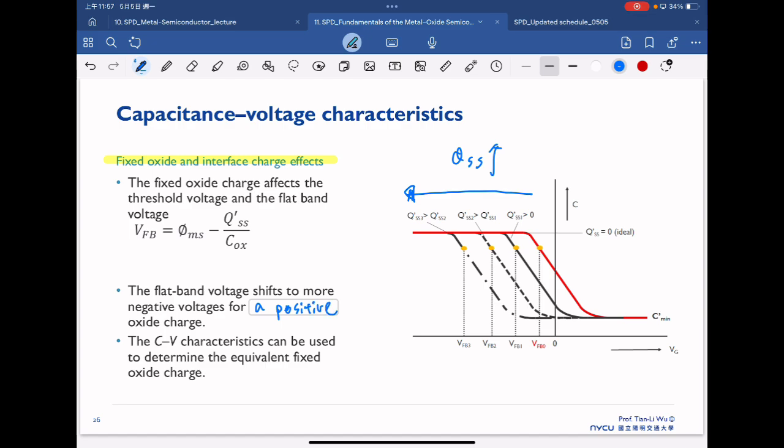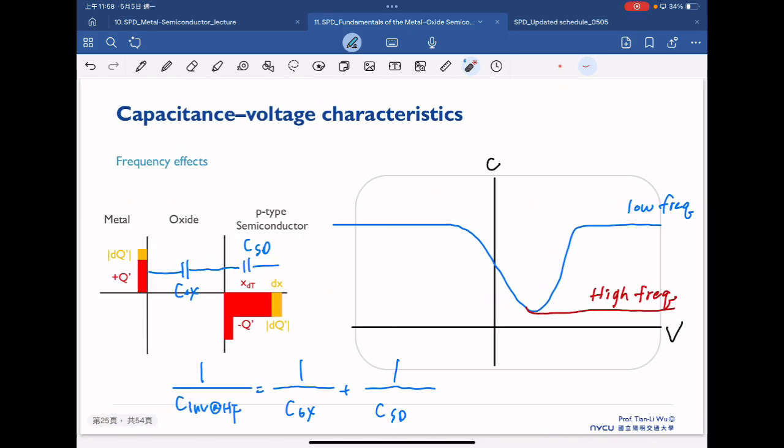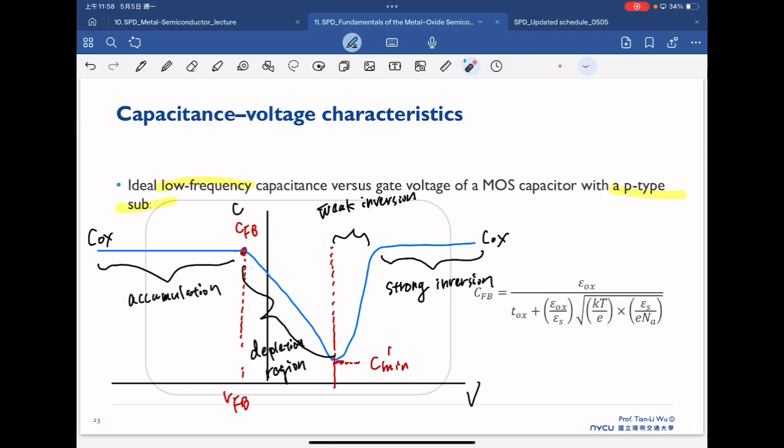oxide charge. The CV characteristic can be used to determine equilibrium fixed oxide charge. So the powerful thing about CV is we can also use the CV to determine this fixed oxide charge. And also, one thing that we previously mentioned is that the capacitance here is equal to the oxide capacitance. So we can use the CV to determine the oxide capacitance. In the end, we can use the CV to determine the oxide thickness,